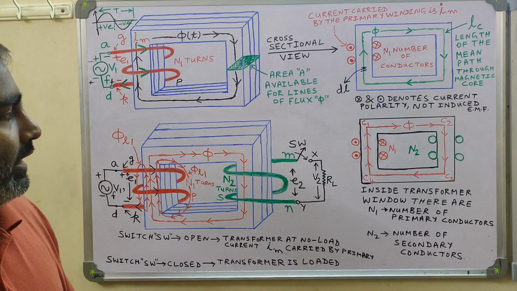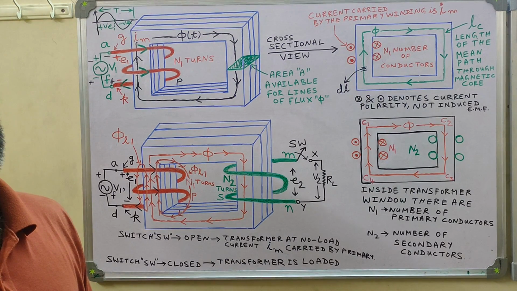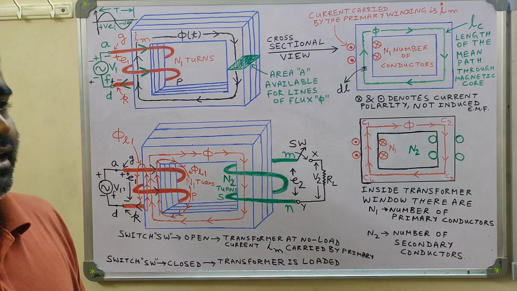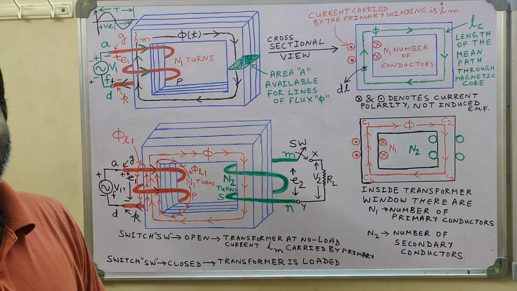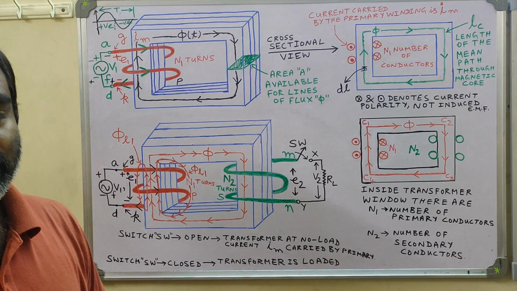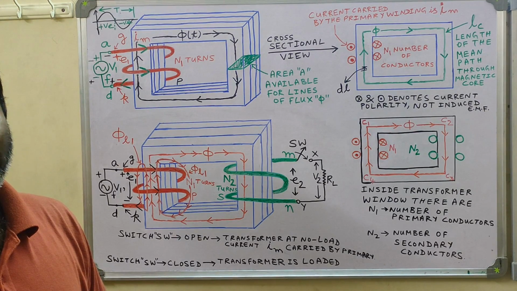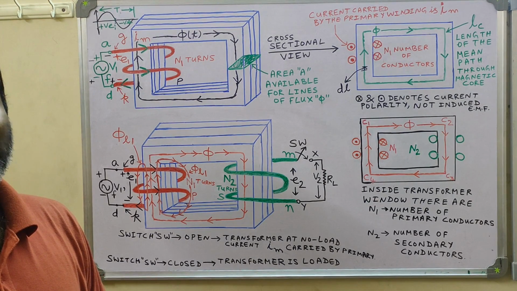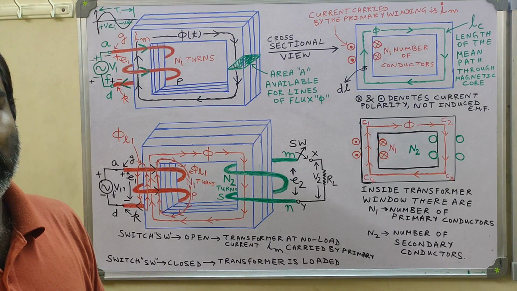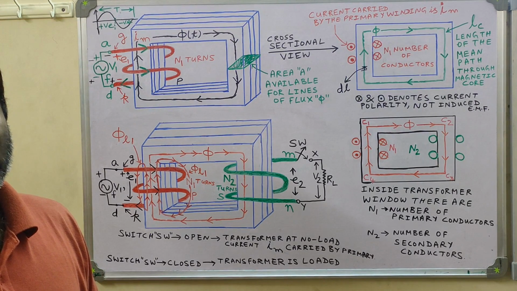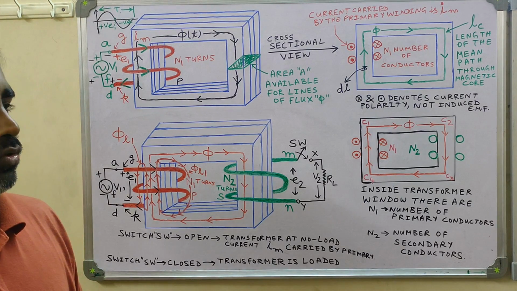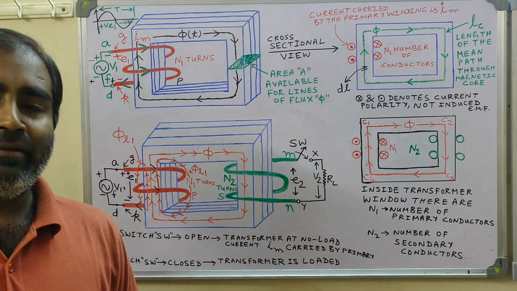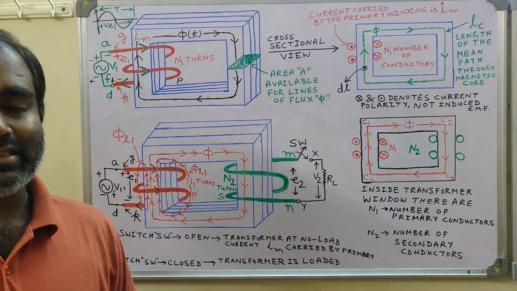So for analyzing the magnetic circuit of a transformer at load condition as well as at no load condition, I have taken up the case of a single phase core type transformer. Further, this single phase core type transformer is taken to be a two winding transformer. That means there are only two windings which are placed on the magnetic core of this single phase core type transformer. So the two windings of the single phase transformer are named as primary winding and secondary winding.